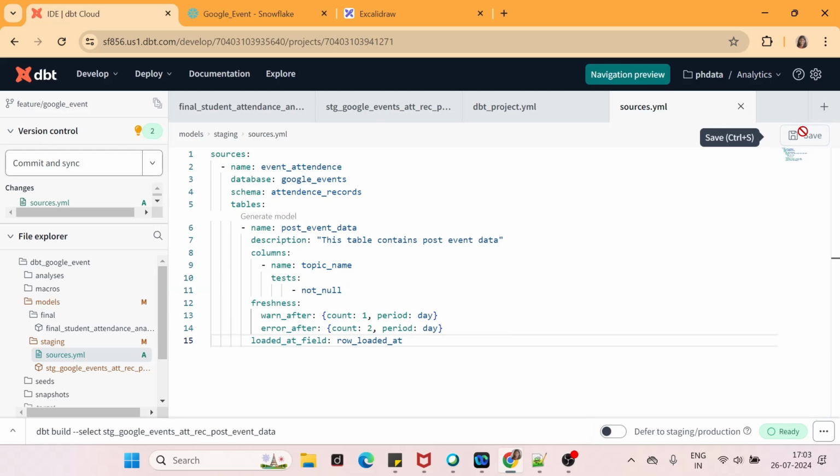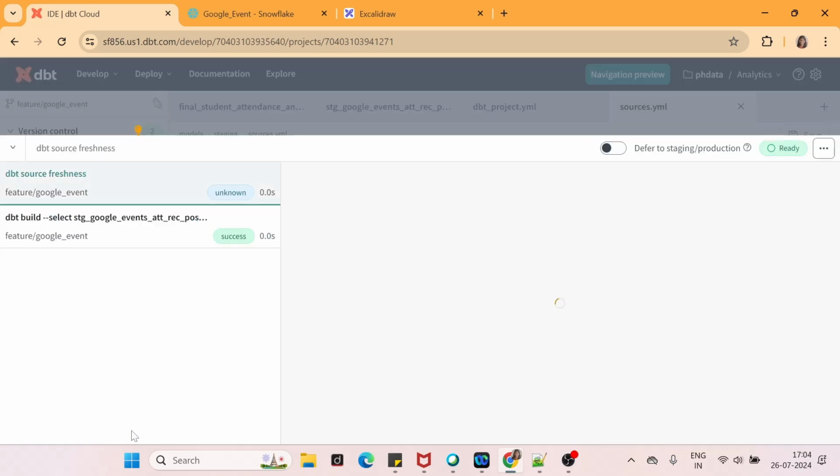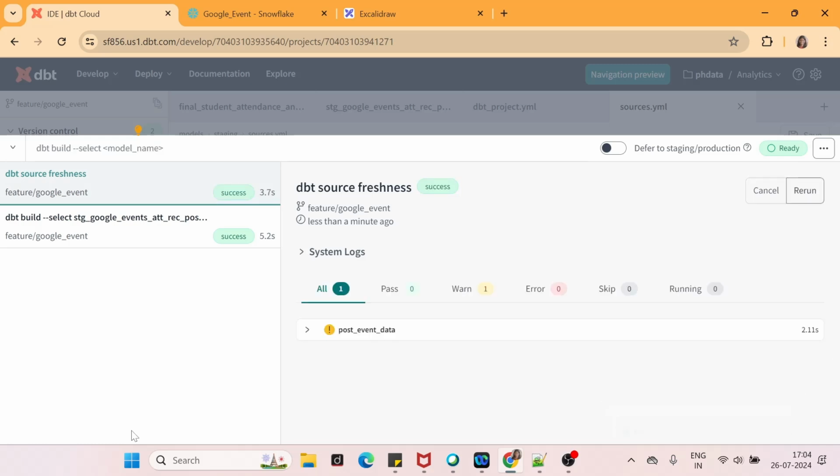What if you want to test the source freshness and you have recently added a record, and after that, just to check, you add another few records, or 5 records or something like that? You just have to run dbt source freshness. This is going to check the source freshness for the entire set of tables that we have defined in the sources.yaml file, because we have not selected a particular model. But as we have only one table, it has taken only that table.